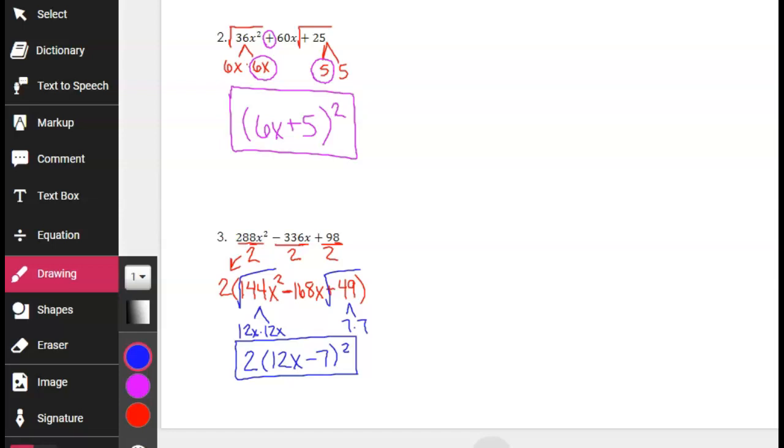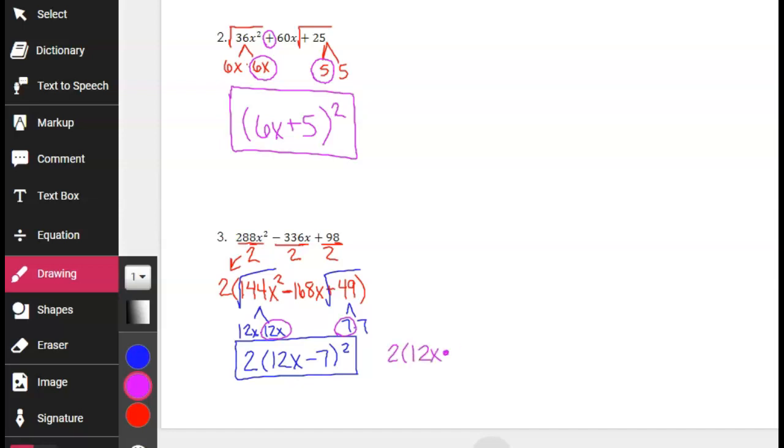This is a wonderful example of why you take the middle sign to use in your binomial. Because 49, if I square root it, I get plus or minus 7. We talked about that in the last set of notes. So either positive 7 times positive 7 will work, or negative 7 times negative 7 will work. And if I'm trying to match this middle term, and I take 12x and 7 and multiply them and then double it,